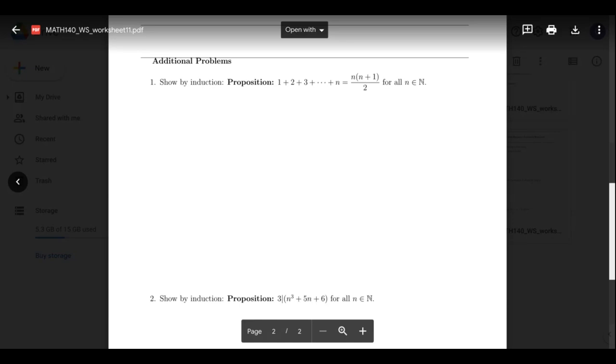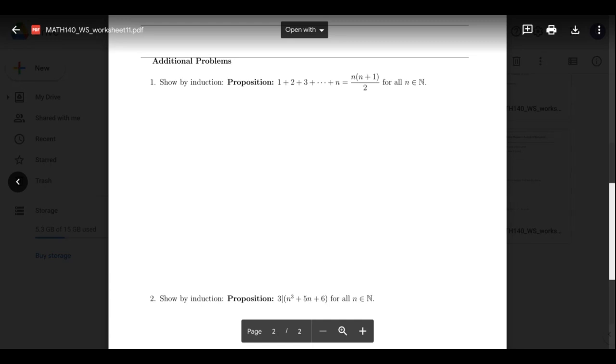P of 1 is true, right? Assume P of n. P of n is not a statement, right? It's 2 raised to 0 plus 2 raised to 1 plus 2 raised to n minus 1 equals to,